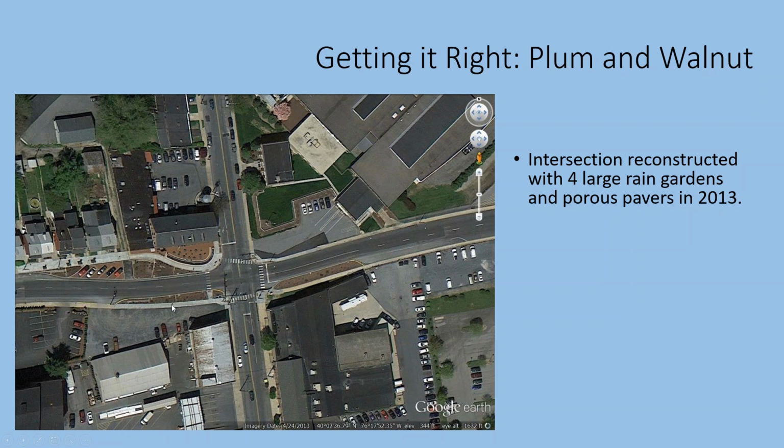One thing I do want to point out, because I think it's a neat feature of this project, is the small half apple shaped area directly in front of the brewing company building itself. That's actually public right-of-way that is now being maintained by the brewing company for the city as a green infrastructure facility, but it also serves the dual purpose of being their outdoor beer garden. One more reason why that first beer is on me. Next slide.